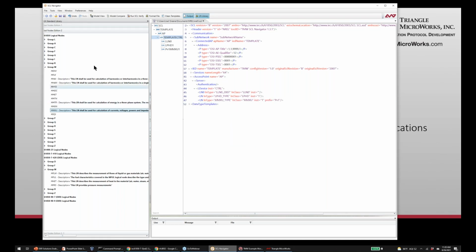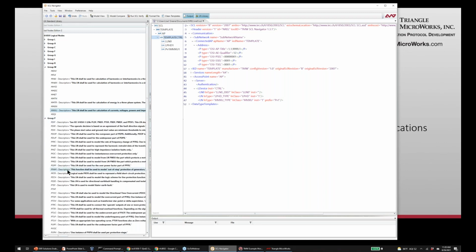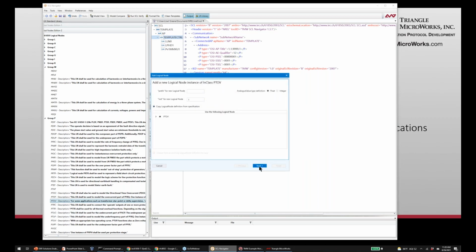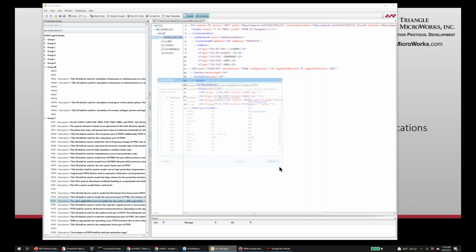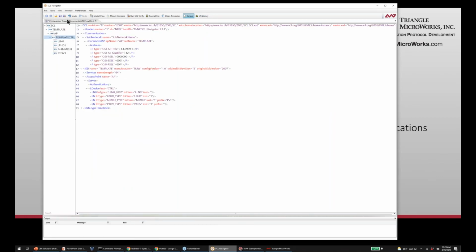I'm going to go ahead and throw in one more thing. We've also got some protection equipment in this inverter. We have a PTOV, I believe. And this is a protection time over voltage protection unit. So we drop that in. We have the same ability here to customize the optional components of this. And we allow it there. We've got a couple other tools available in here. We're going to stop adding now and examine our device.